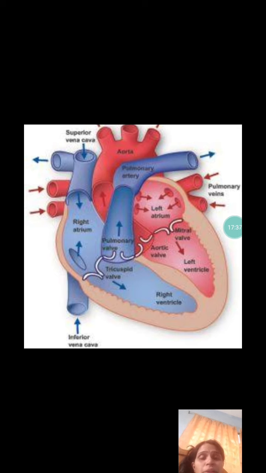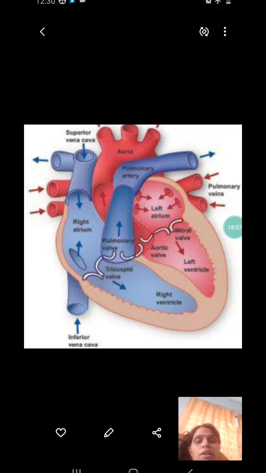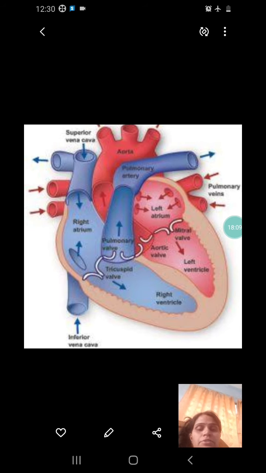Which arteries provide blood to the heart? What do you mean by pulmonary artery? Which veins carry oxygenated blood to the left atrium? The protective layer of the heart is called dash. This is a 1 mark question. So these are the short questions that are asked from this topic. And the long question: explain the structure and function of the human heart. All of you have to practice the diagram of the human heart, which is a very important topic in your chapter life process, right? And why it is called double circulation, as I told you before.